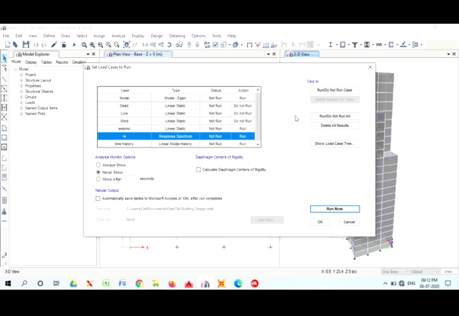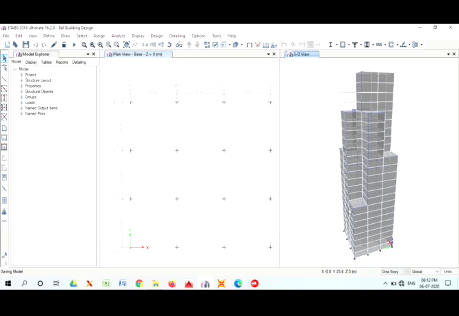Wait for some time as the software analyzes the building model. The progress of the analysis can be seen at the bottom left corner. You can see the progress here.